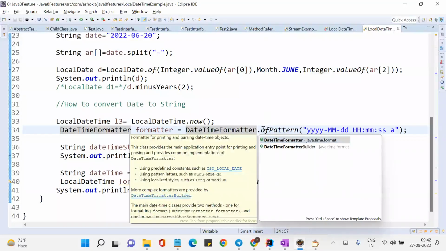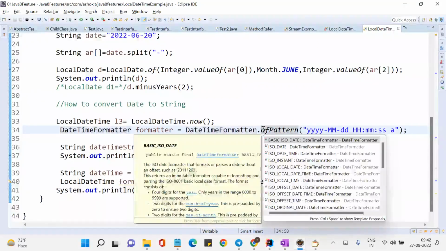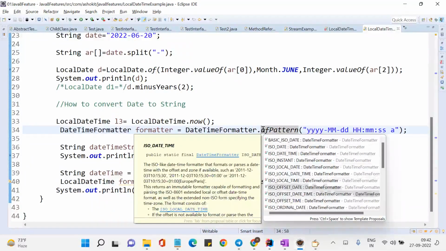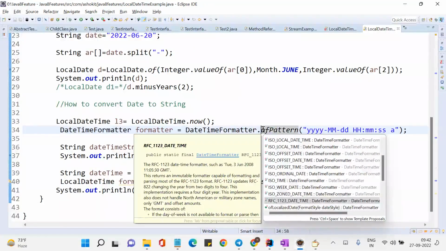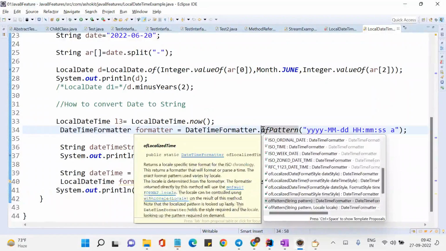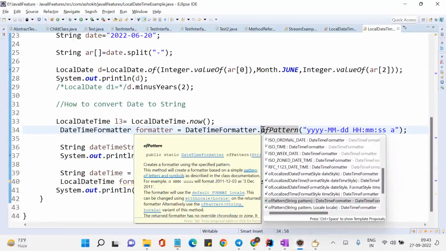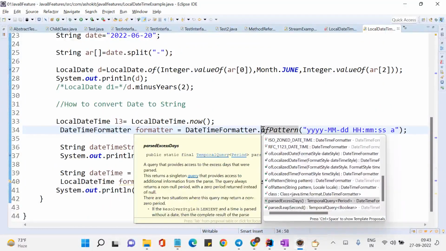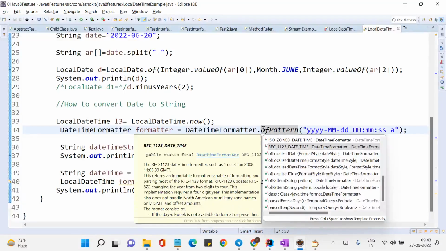If you do control space, you have basic ISO date, ISO date and time. Now there is another thing called RFC, something like localized date. I'll tell you how to convert that a little later. These are constants, constant values, which will have, if I go here,